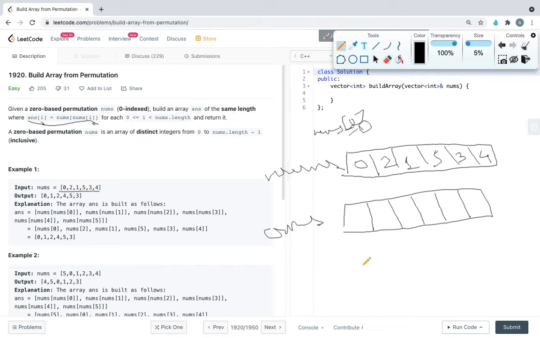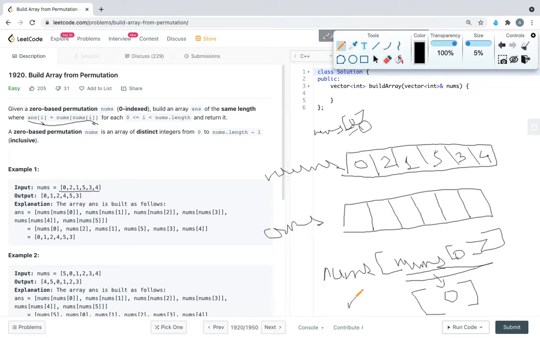Let me write it again in a clear manner: nums[nums[0]]. For i equal to 0, the inner part gives us value 0, and this 0 we have to use as an index again, so we have to find nums[0]. This nums[0] will be answer[0]. So nums[0] is 0, so answer[0] will be 0.